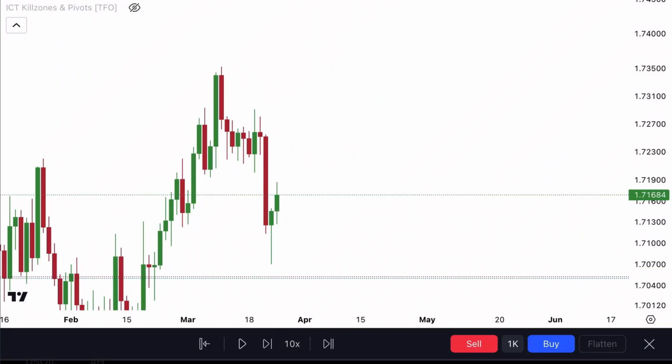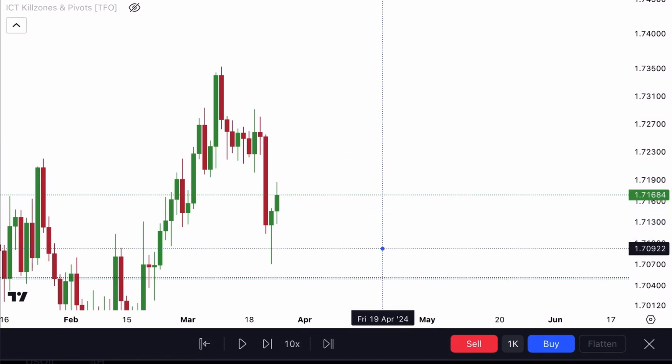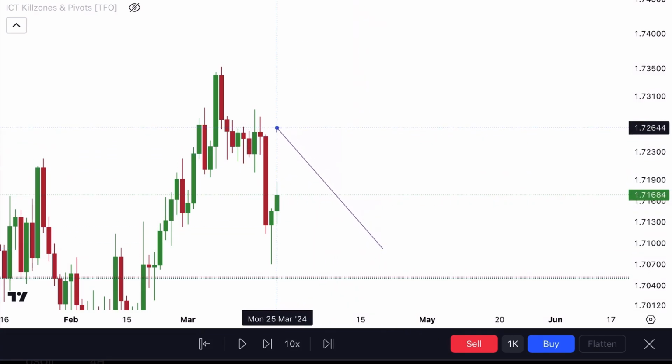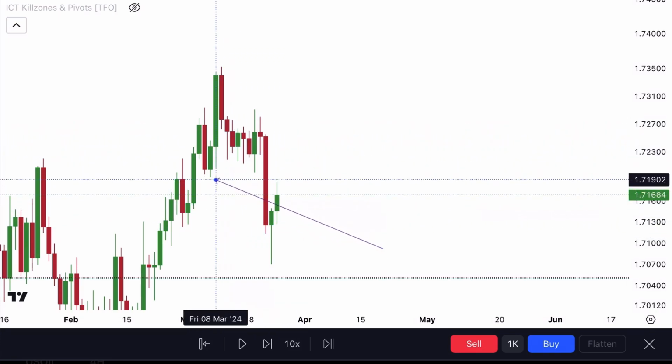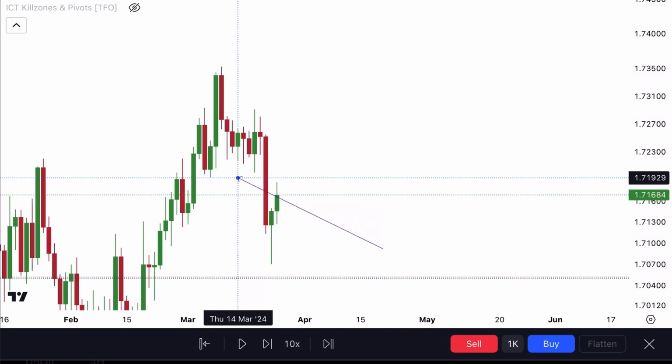GBPCAD, let's break it down. Start off on the daily time frame. You'll be looking for an impulse, breaking structure and closing below the lowest point. As you can see, we have our impulse right here, breaking and closing below the lowest point of the previous